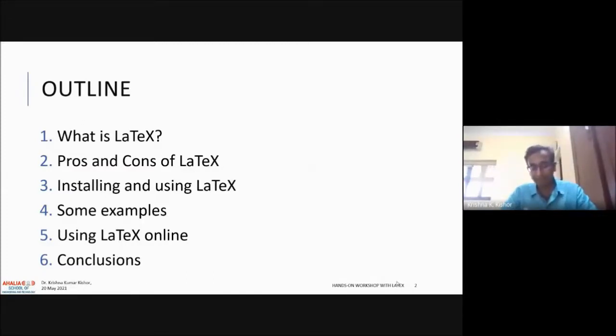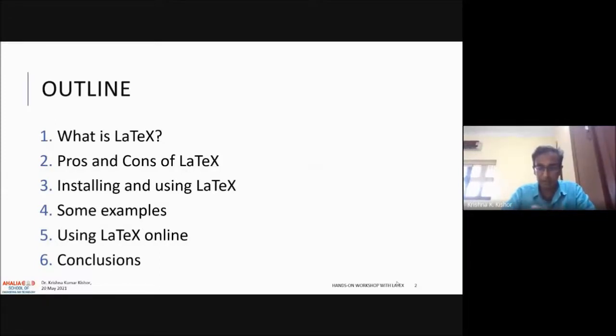I'll also go over the installation process to get it set up, though I will not be spending much time on the installation part, because that might take a long time. I'll discuss more about it when we come to that topic. Then the core part of today's session will be item number 4, where I'll be going over about 6 examples, and that might take some time.